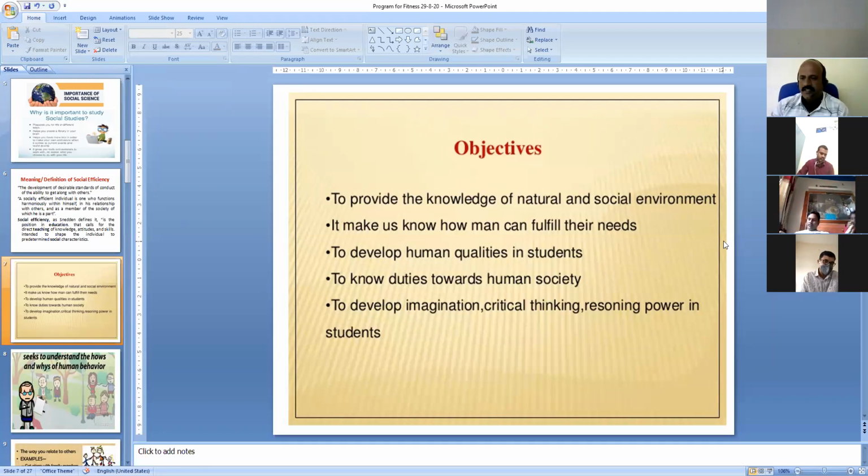See, in the modern education where most of the young students are depending upon electronic media or gadgets, we have to take them out of that, and we have to teach some human qualities which they don't know in the present life. So how to cooperate with people, how to help, or how to behave in a group, all these things are lacking in the new generation. And now duties towards human society. What are the duties of society? That is also forgotten by the young generation. To develop imagination,